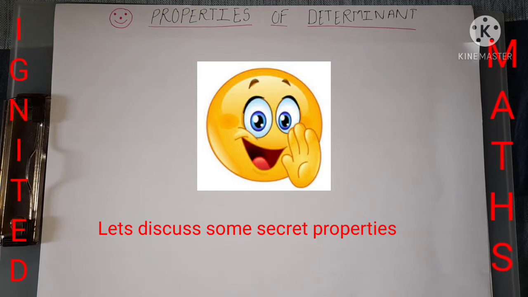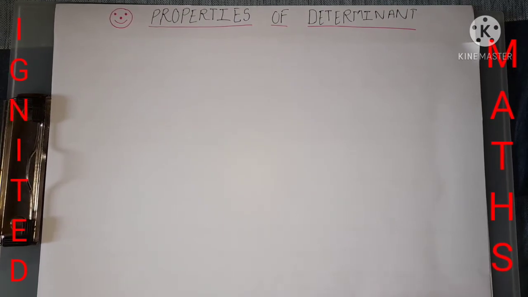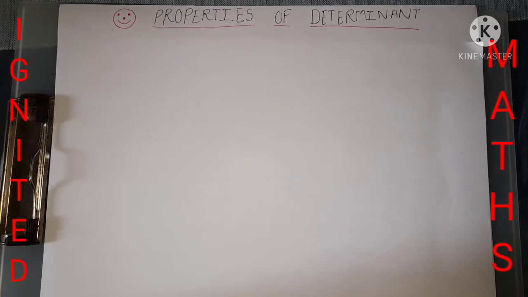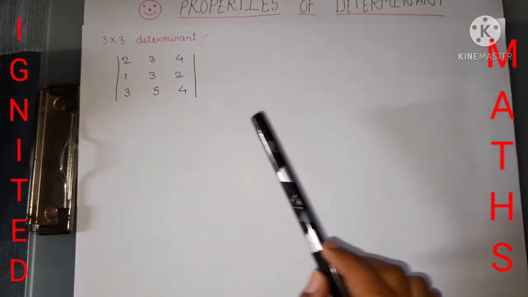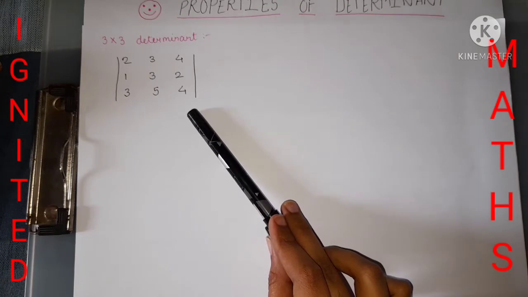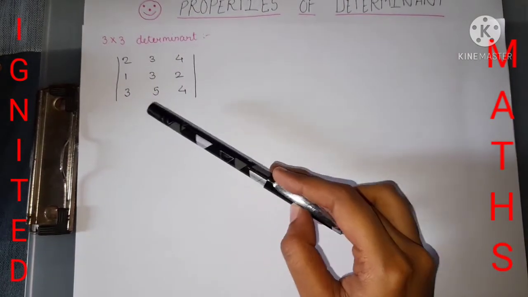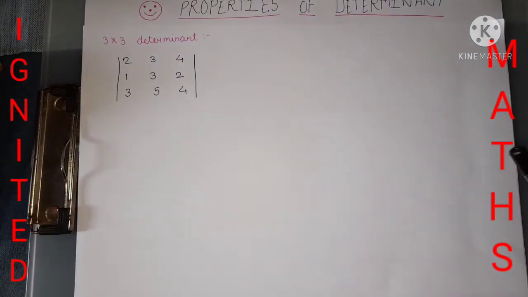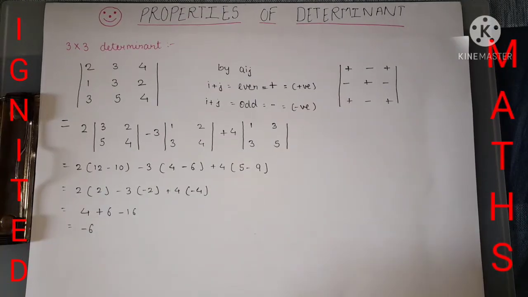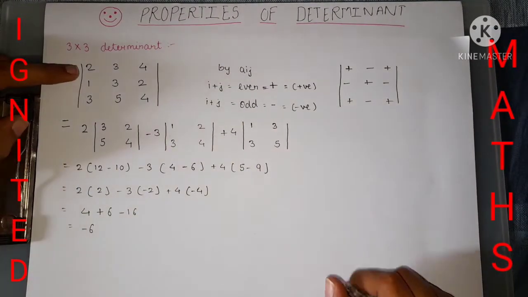In the earlier video, we discussed finding the value of the determinant by the expanding form. But now, using some of the properties, we can find the value of the determinant very easily. If they ask to find the value of a 3 cross 3 determinant, then we will expand it along the first row, the second row, the third row, or column-wise. We will get the same answer each and every time, but using some of the properties, we can find it very easily. Now, in the expanding format, I'm going to expand the first row.